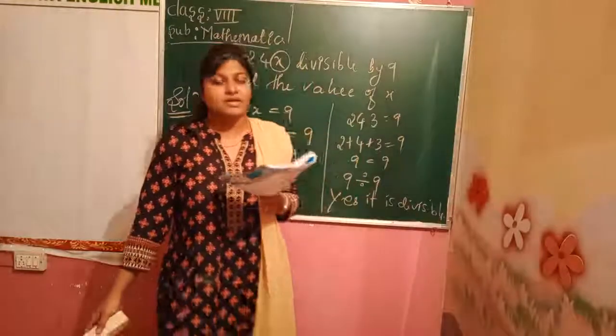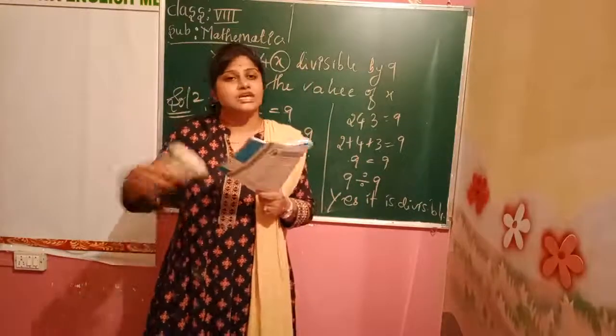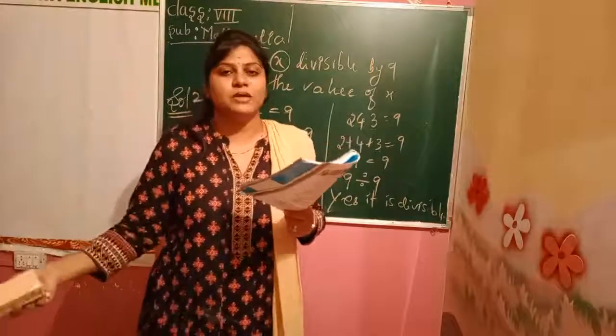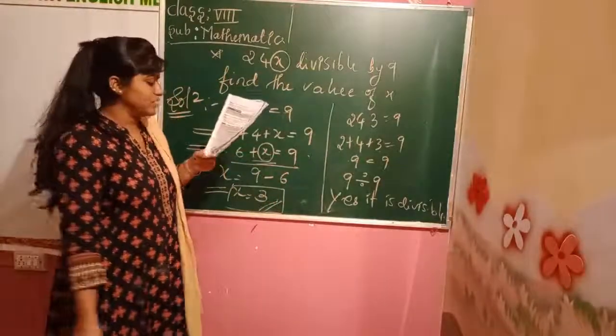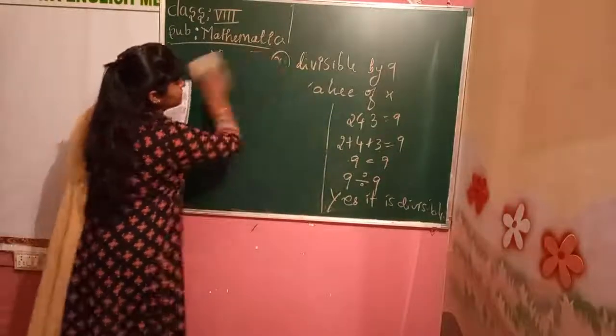5 examples they have given. Test of divisibility by 9. The number 9: you have to expand it, after that add it and test whether it is divisible by 9 or not. Simple thing. And we'll move on to the next sum. Divisibility by 3. Next sum.